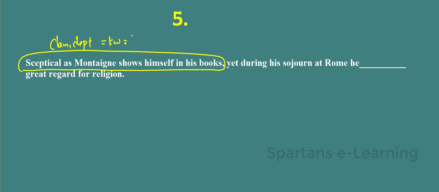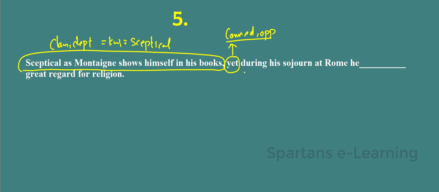What this keyword is conveying is that this particular author called Montaigne is being skeptical in his books. So the meaning of this first keyword is being skeptical, meaning doubtful. This person is expressing some doubts in his books. Now what is this "yet"? This is the connector. Now this connector is actually an opposite connector. That means it opposes the keyword before it. It is not a supporting keyword.